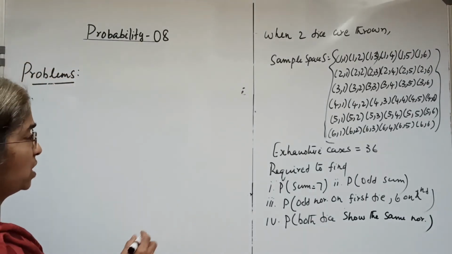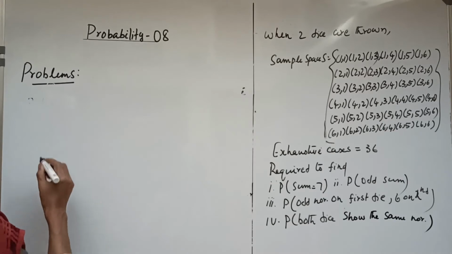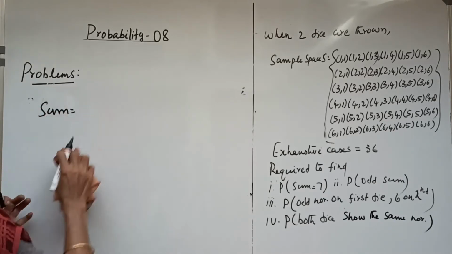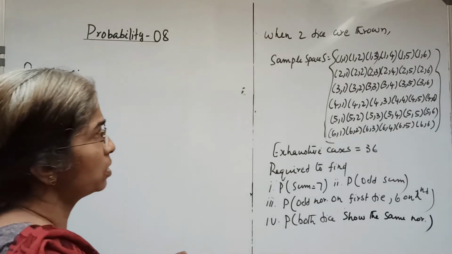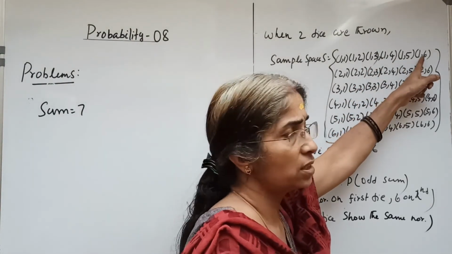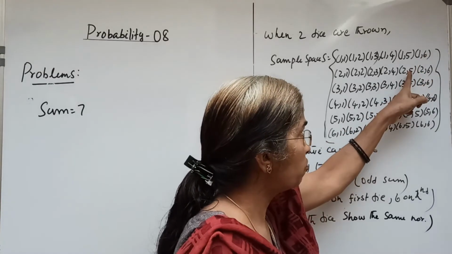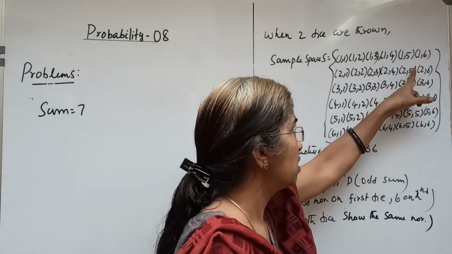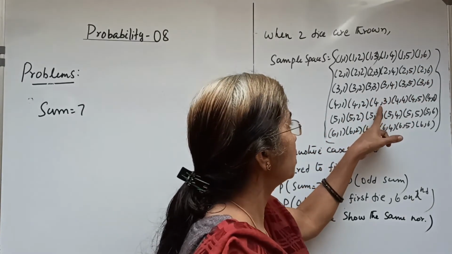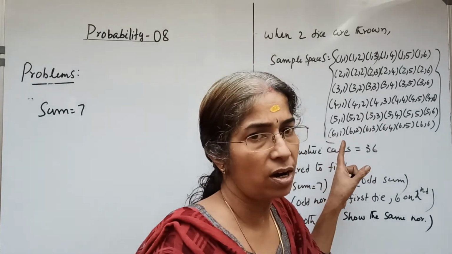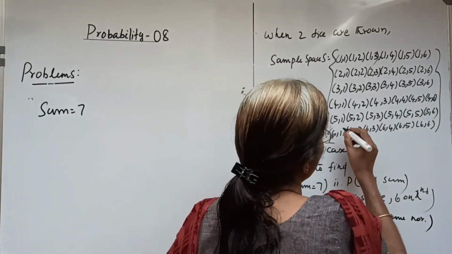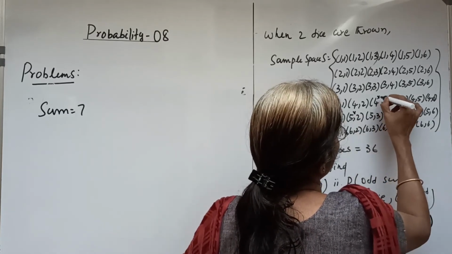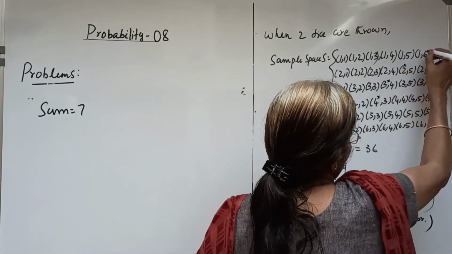and hence for the first case, probability of sum equal to 7. What about the sum equal to 7? So we have the outcomes as 1, 6 here. It is the sum equal to 7. 2, 5. As a diagonal, we can obtain these outcomes as 1, 6, 2, 5, 3, 4, 4, 3, 5, 2 and 6, 1. For all these outcomes, the sum equals 7. Let me mark these outcomes: 6, 1, 5, 2, 4, 3, 3, 4, 2, 5, 1, 6.